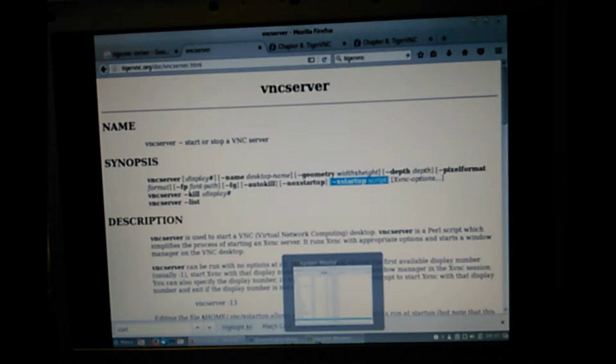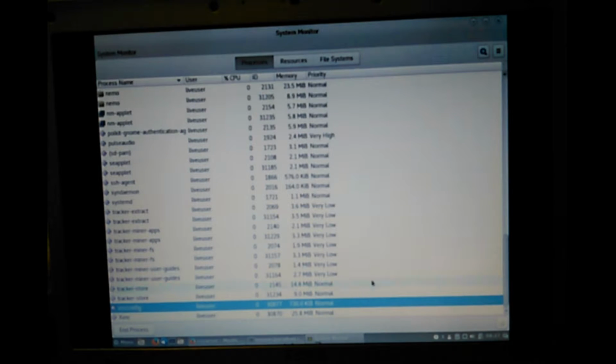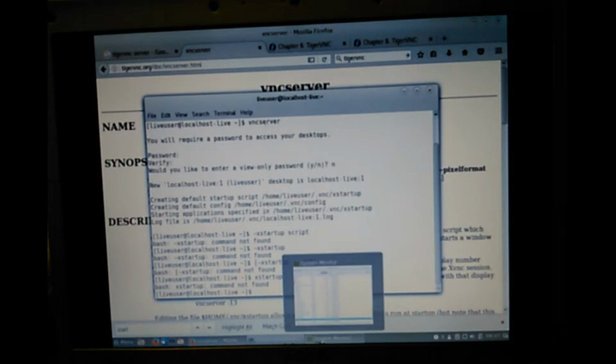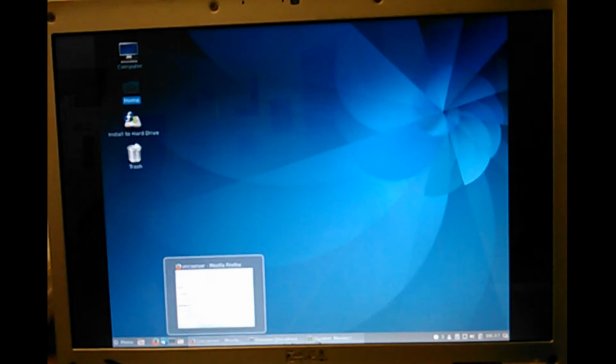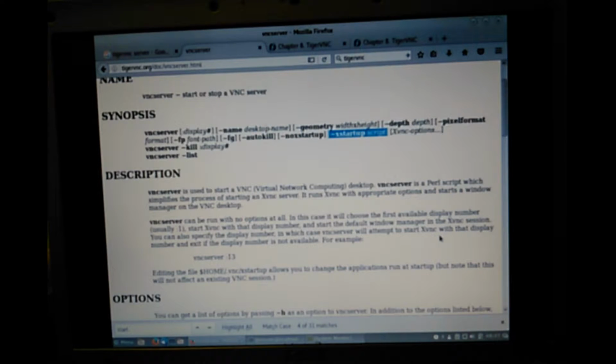Where's my... I already set up a password and everything. It may not ever work until you reboot is the thing. All those files may not take effect, those config files that it made, may not take effect until